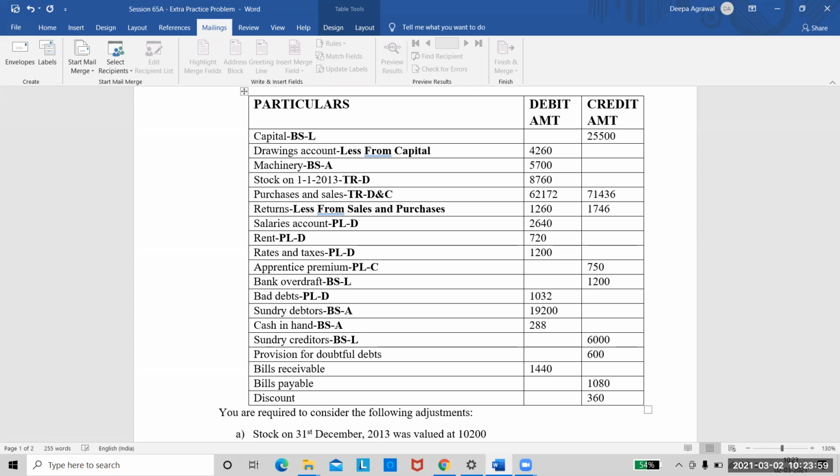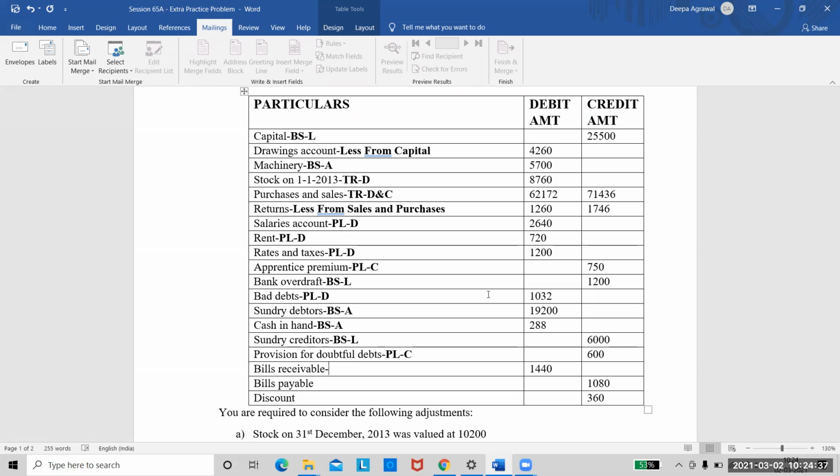Correct. Provision for doubtful debts. Which provision is this? Old provision, ma'am. There are two types of provision, old and new. This one is the old one. Correct. So where will this old provision go? It will go on the P&L account credit side. And how many times will this provision appear? Once, ma'am. It will appear only once because it's given in the trial balance. Please remember that. Provision given in the trial balance is the old provision. It will go to P&L account on the credit side.